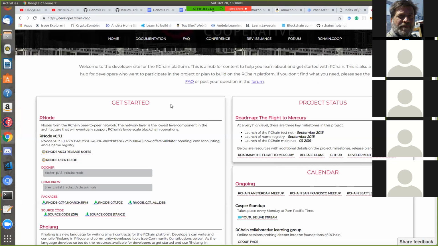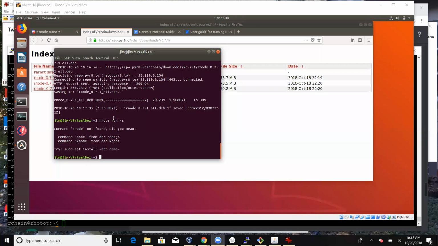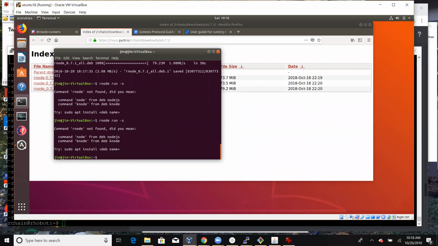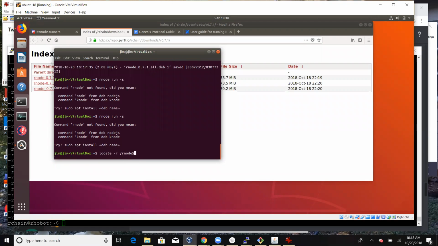I will share quickly here. I think you just downloaded it. Did you install? Yeah. Oh. I can't see the install command. Okay. Never mind.